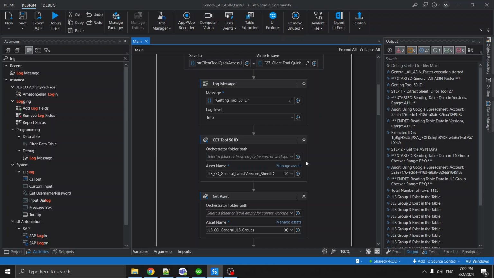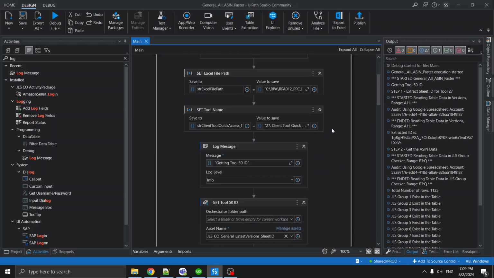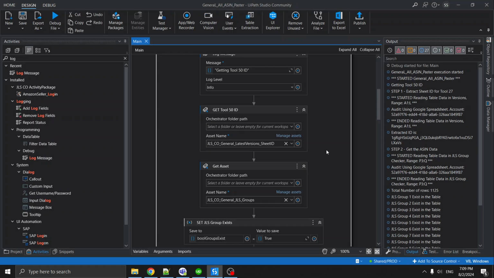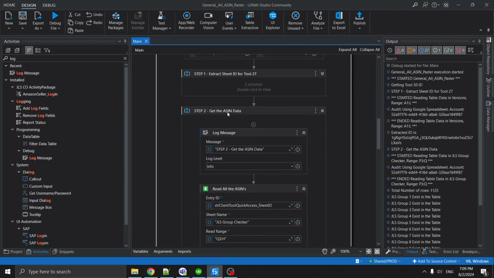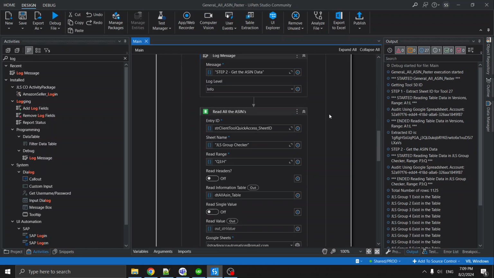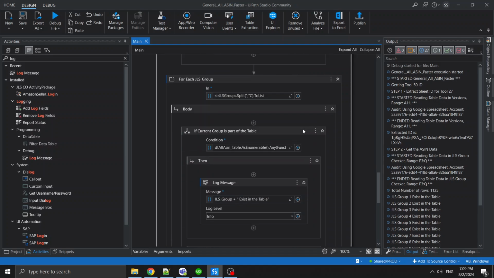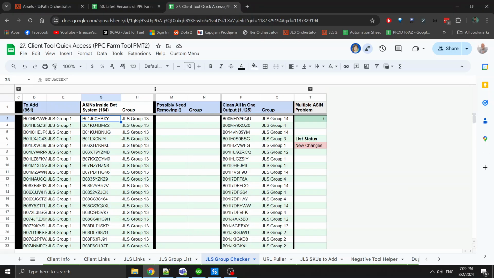Okay, so this is something that I didn't actually know, but do you know that in UiPath you can dynamically change values of your code, so of your implementation, to test some variations of your implementation? So for example, in here I have a test where I have two different tables. So I have one table that is here and one table that is here, and I need to check if